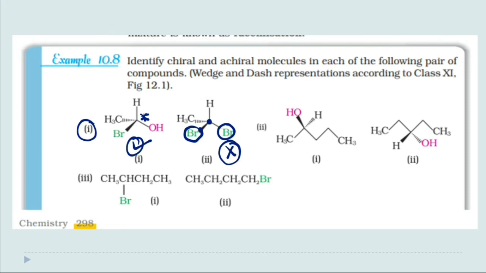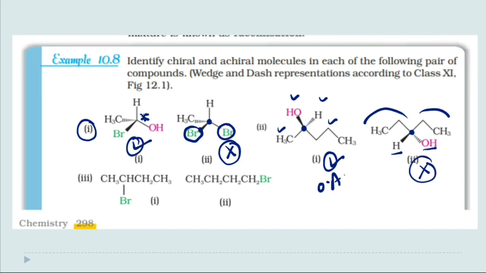Now see here, this carbon, all the four groups are different, that means this one is also chiral or optically active. Okay, now see this one, OH, H, and both these two groups are the same, that means this one is also not chiral or optically inactive,